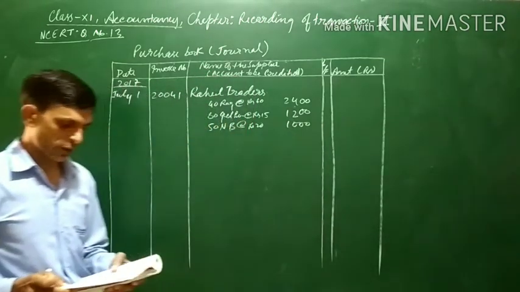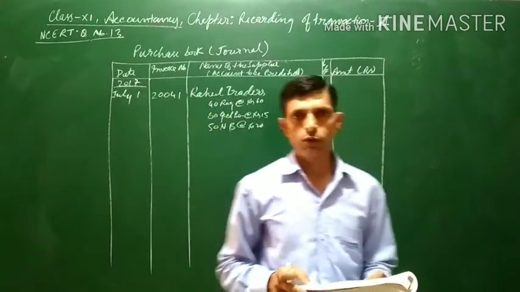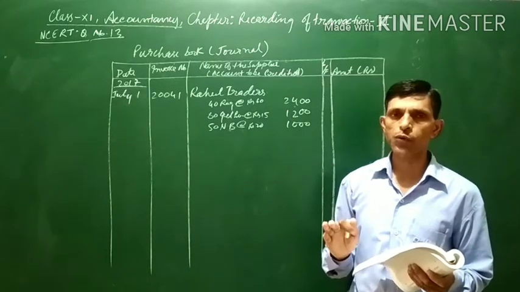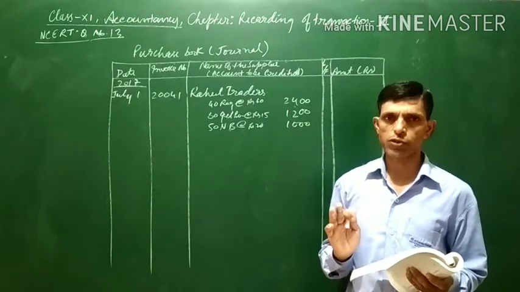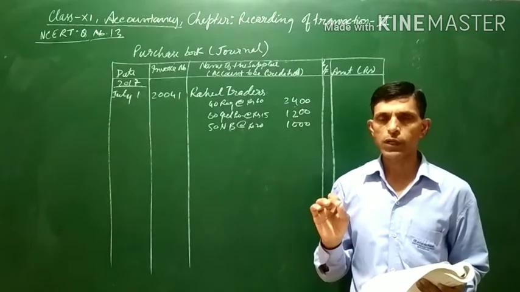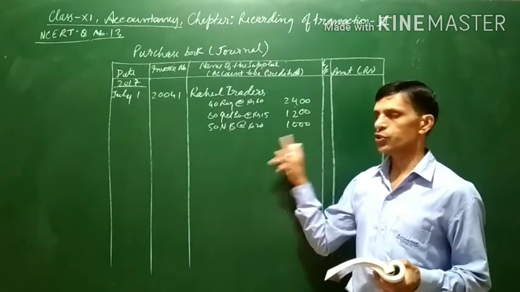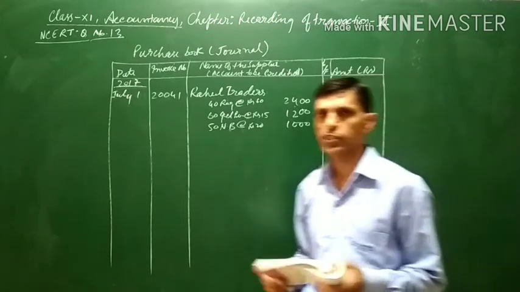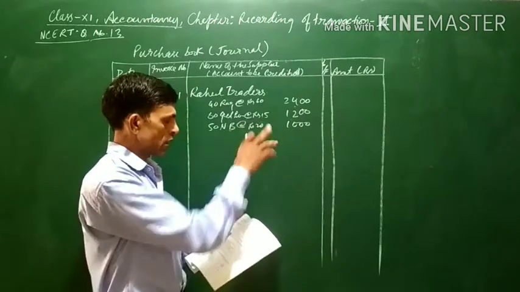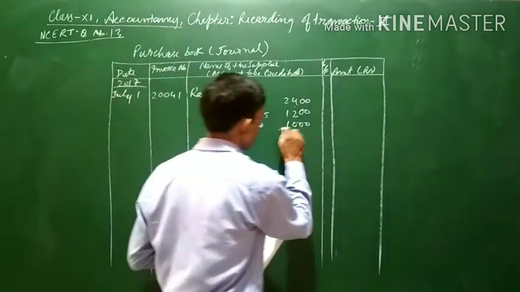Now see, one more thing is given. There is a trade discount, that is 10% trade discount. One important thing regarding trade discount is that cash discount is written in the books of account, trade discount is not written in the books of account. Again, listen, trade discount is not written in the books of account, cash discount is written. So trade discount is shown immediately. Here itself we will show the deduction of the trade discount, as it is deducted while the invoice is being prepared. So in the purchase journal itself we will be deducting the trade discount, that is 10%.